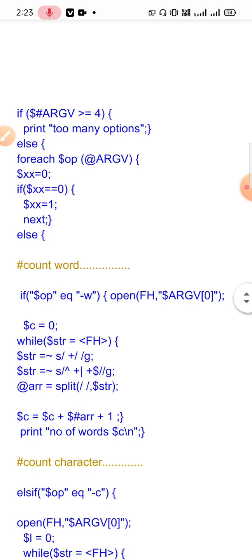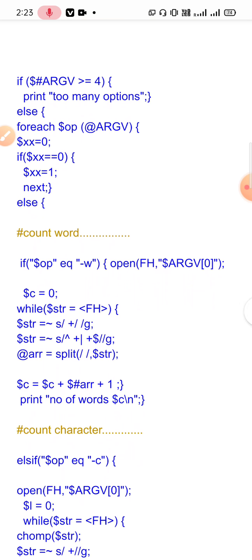Now we are going to take the file name also as a command line argument. So I am taking another variable $xx. I am initializing the variable equal to 0, and if $xx equals 0, in that case we will set the $xx value as 1, because the first argument will be the file name.